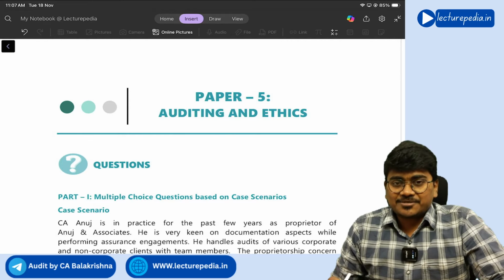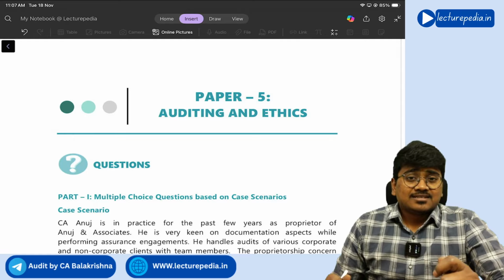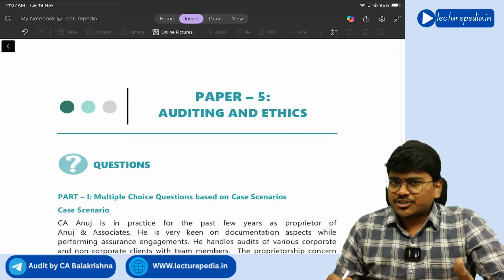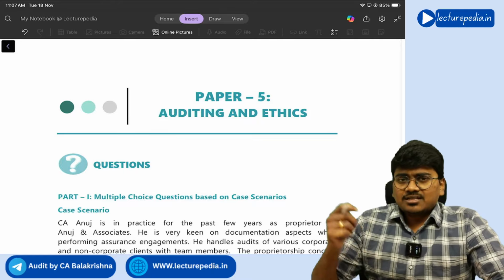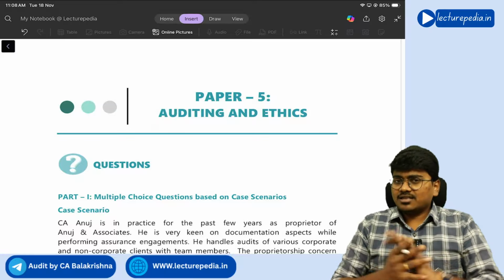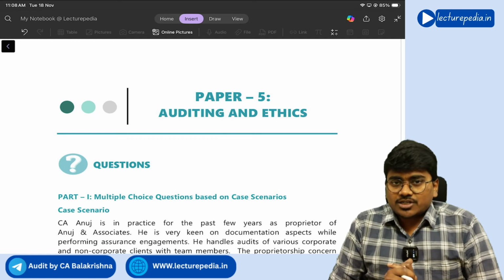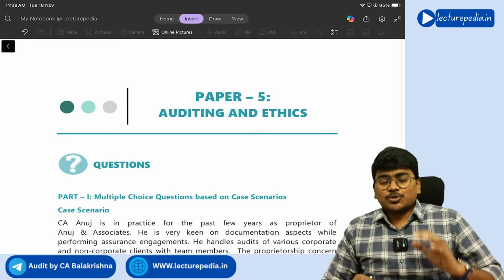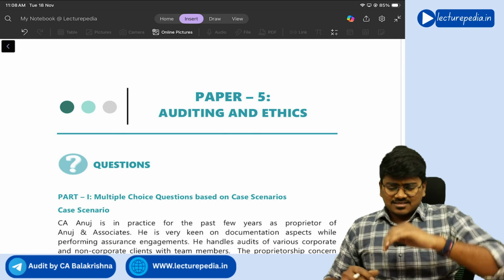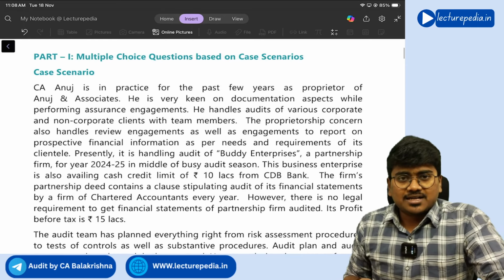Even I am fantastic. In today's class, we will be discussing the CA Inter Audit revision test paper that has been issued by ICAI for the upcoming Jan 2026 examination. We will be completely covering the RTP that has been given. We will not be missing any of the questions or any of the MCQs, including case scenario based MCQs. We will be covering it. Got it? Let us start solving the RTP that has been given by the institute.